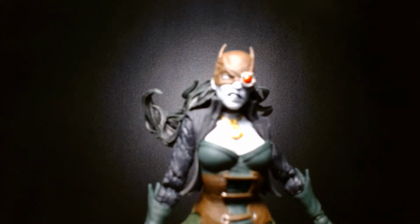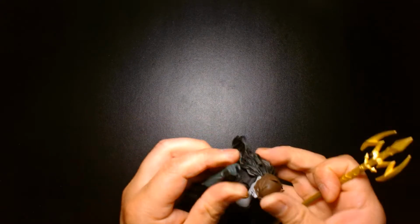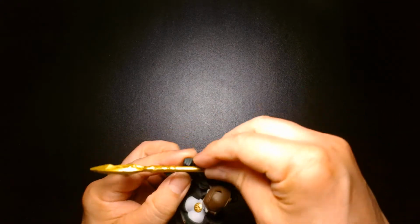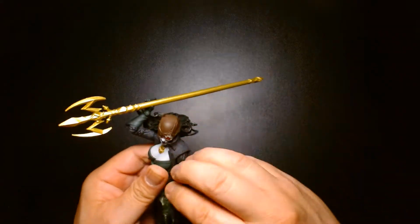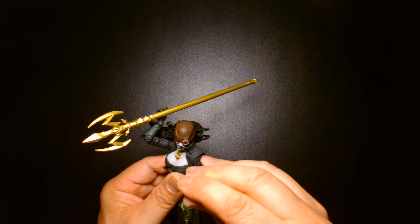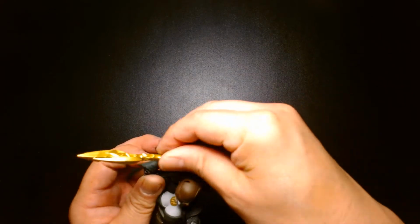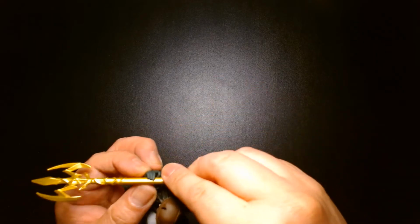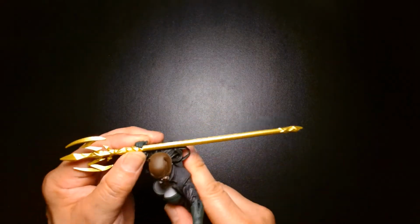Alright, so it's a beautifully sculpted figure. We'll take a look at the articulation in a second. I just want to see how she looks with her trident. Yeah, it's kind of unfortunate that this figure didn't get more attention than it should have. I saw it just sitting on the shelves at multiple stores. Because I do think it's well done, but I think just due to the unfamiliarity of the character with a